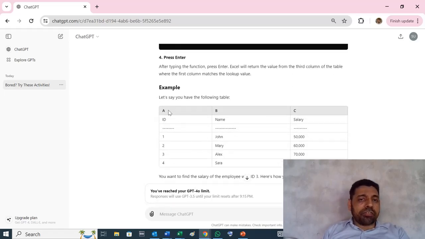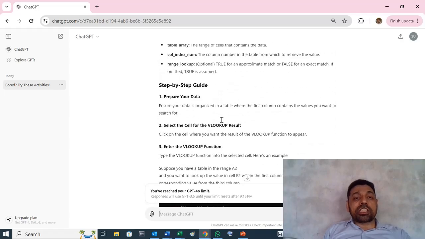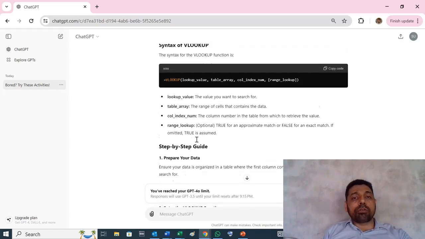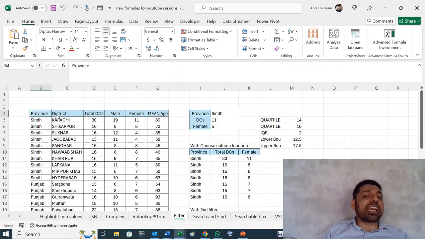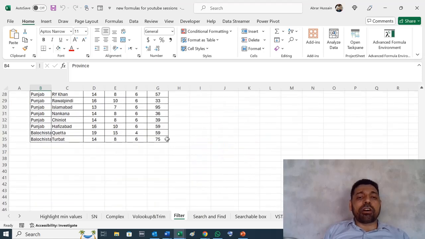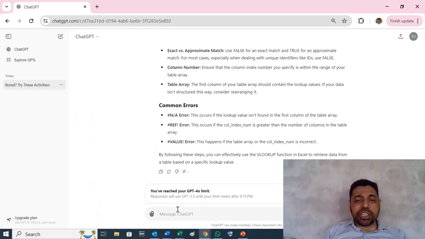So here you can see the complete formula is there. An example is also there, that for example you have three columns, ID, name, salary, and you have some data related to names and salaries and how you can use VLOOKUP to obtain some information. So this is the complete step-by-step guide also. Similarly, if you have some data in MS Excel and you want to analyze it, for example, I have this data of data collectors, male, female, and average age of people in different districts. So I just copy this complete Excel table, go to ChatGPT and say,